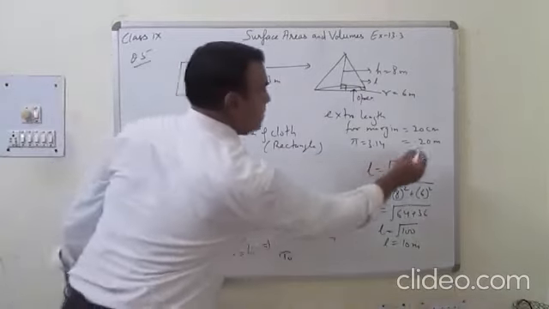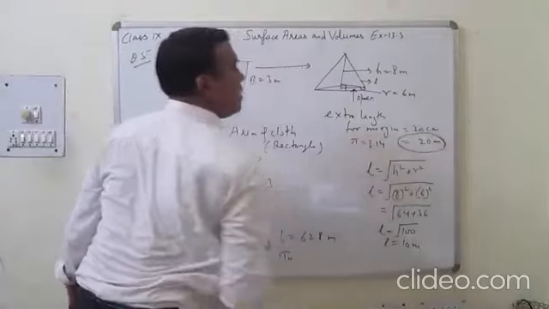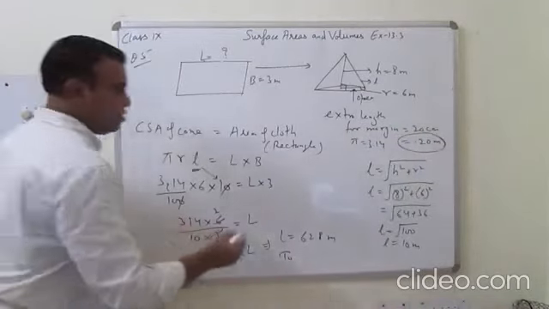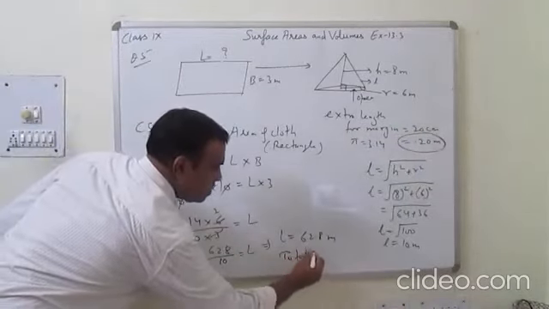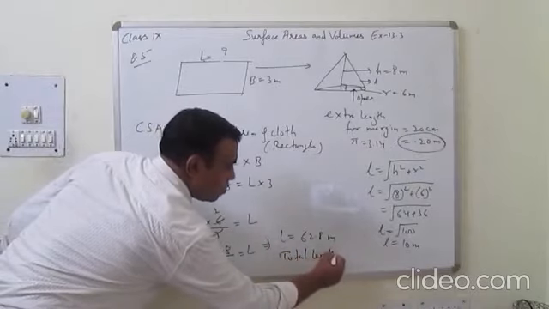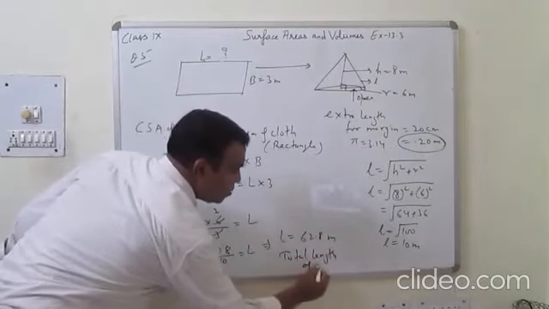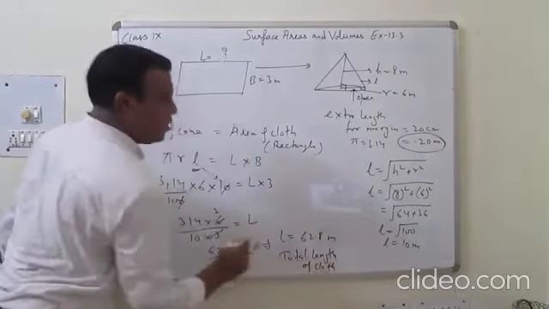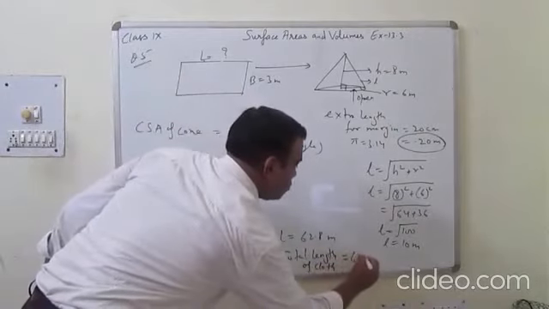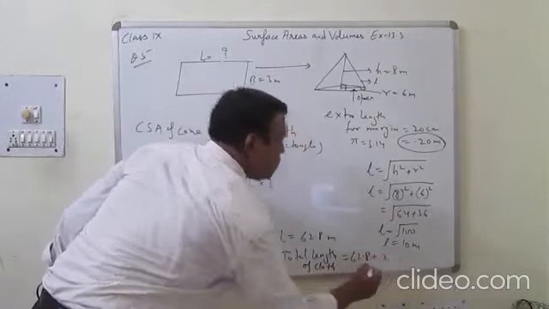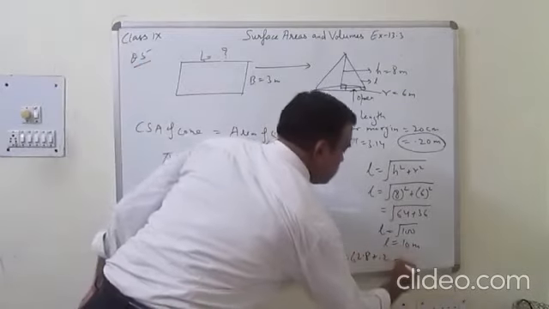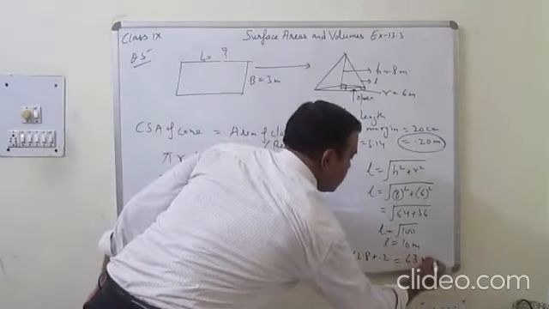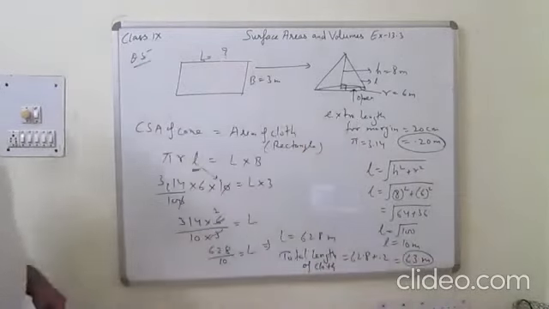What is the total length? इसमें अपन क्या करेंगे? मार्जिन वाली जोड़ देंगे, है ना, स्टिचिंग वाली. So total length of the cloth, that is tarpaulin cloth, is equal to 62.8 plus 0.2 is equal to 63 meter. 63 meter. Right down.